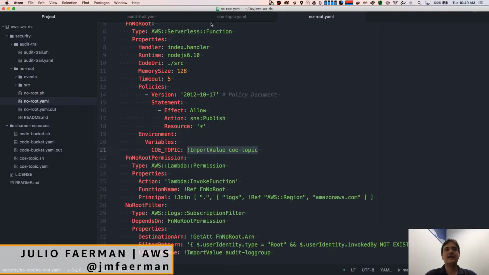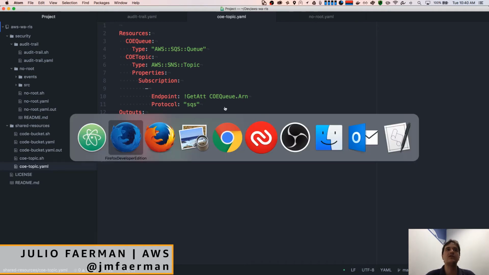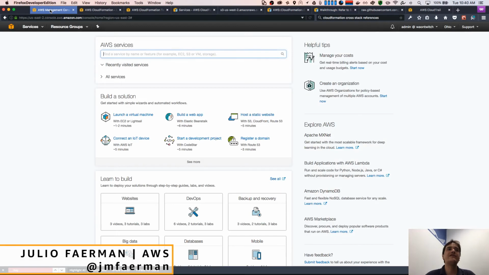And let's go on and create this on CloudFormation. So this is a very, very simple template, and I will start doing this by hand so everybody sees. And this is a pattern that I want to create with you guys. I'm going to show you how it's done on the console, and then we're going to automate it away so you don't have to. So within the console, we go to the CloudFormation